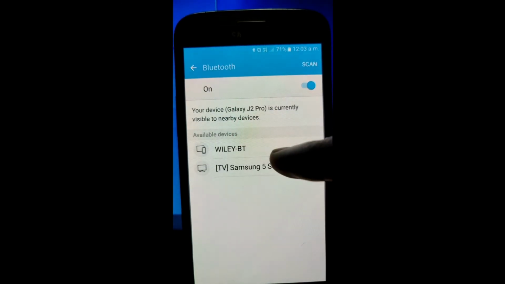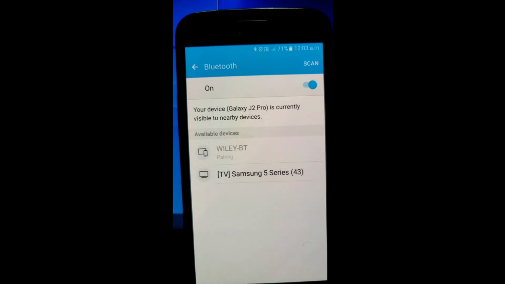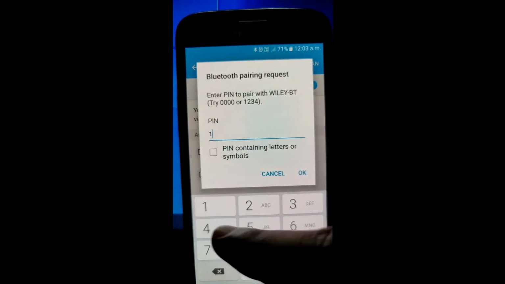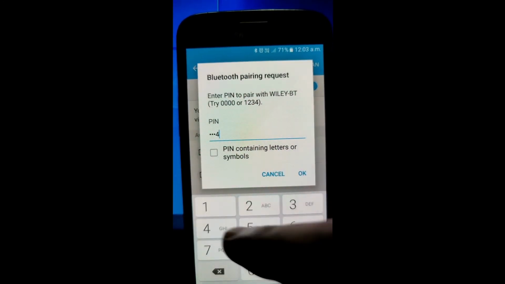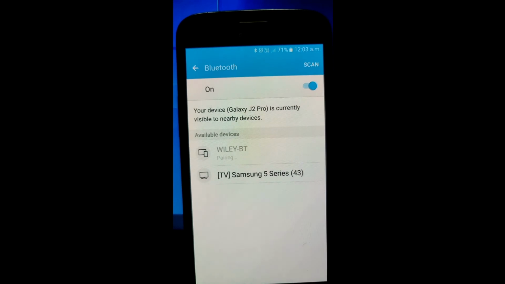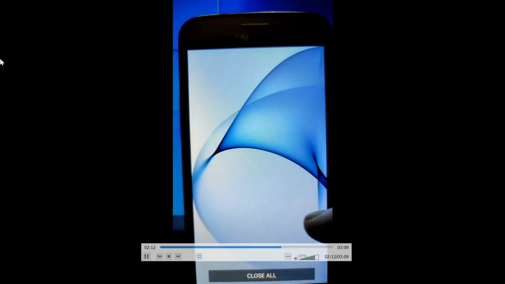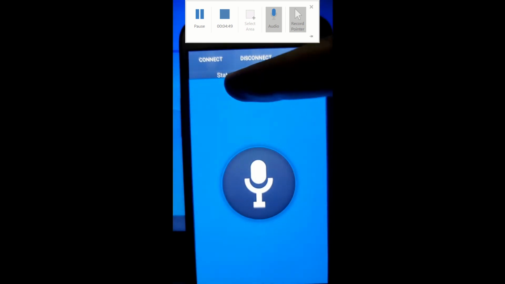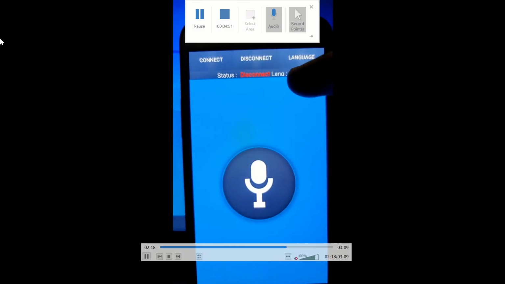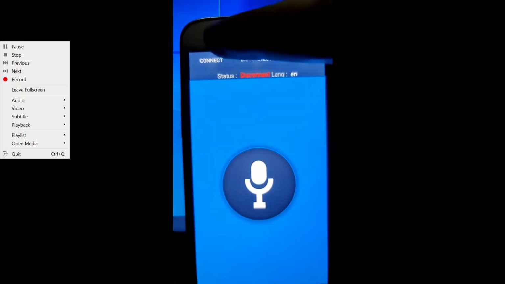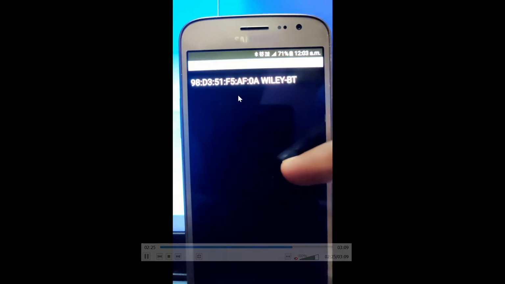It's all done. Now my device is listed. I'm going to pair it, and I need to type the pin. 1 2 3 4 is the pin that I've kept, and I'm typing it right now. Once it is done, that's all. My work is very simple and easy. After that, I'll get a window where you can see that there is a mic button available. But initially the status is disconnected. As you can see, the status is disconnected. So I need to connect it.